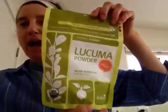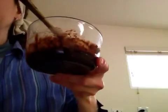And on top, I dusted it, so to speak, with some lucuma powder and also some hemp seeds. So I'll show you what the final product looks like. Before I show you that, I will show you what the mixture looks like. This is the mixture that I created. And then what I did was I just took a few pieces of the